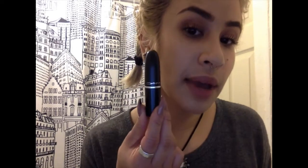And now, lastly, but not least, lipstick. I have chosen for today the shade Diva by MAC, and their burgundy lip liner. I don't think it's new, but it's new to me. But it's just this beautiful